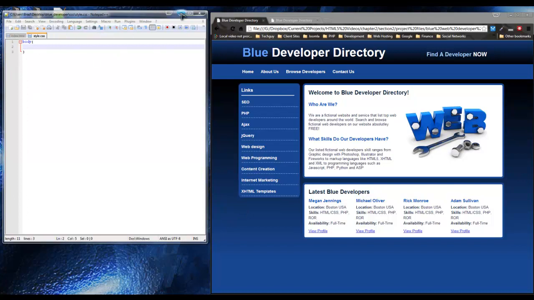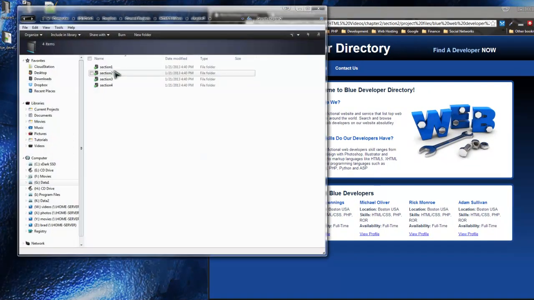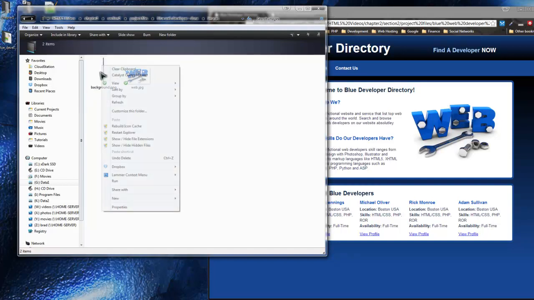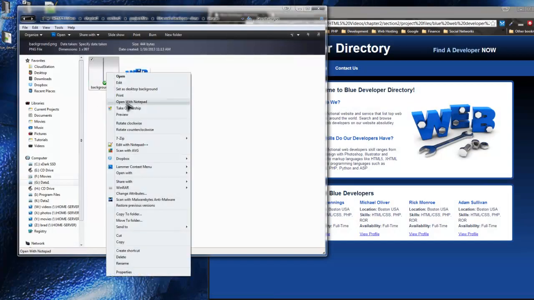So what I want you to do is to go to your project files, section 2, project files, go to the done folder, and in the images folder you'll see an image called background.png, and if I show you that, this is the image. It's 1 pixel wide. The gradient is all there, it's just so thin that you can't see it, but like I said, if we repeat it you'll be able to see it. So grab that, copy that,